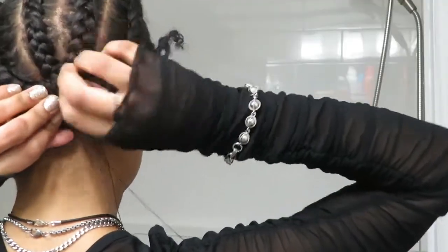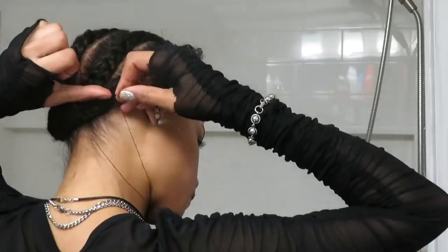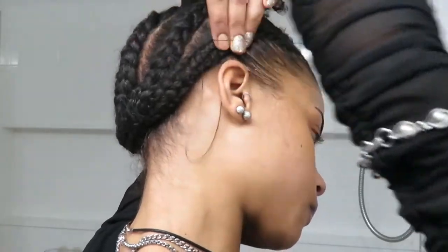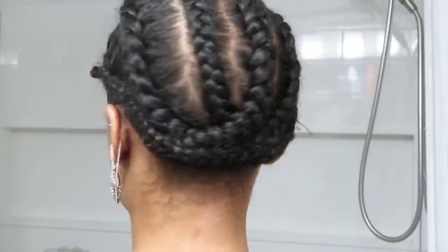I do like to go ahead and sew the ends of my hair up because I don't like to wear a wig cap under my wigs anymore, so this just helps to have a really secure base under the wig. So I do go ahead and crisscross the ends and take some thread with a curved needle and secure my hair down. And then I'm going to be taking the GOT2B glue, and I'm using 3 really thin,